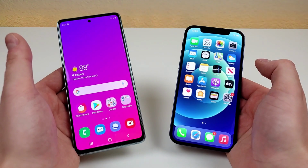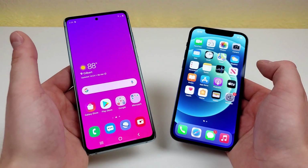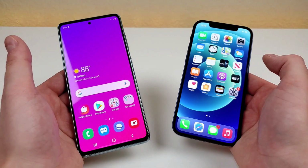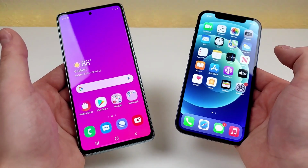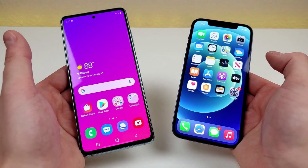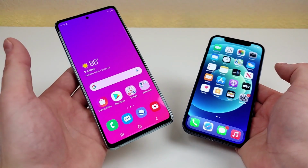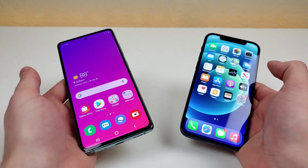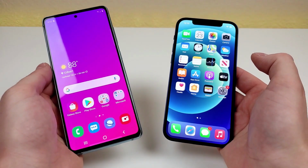In this video, we're going to be comparing the Samsung Galaxy S20 FE versus the Apple iPhone 12. So let's get started. Now, both of these devices are offered factory unlocked and will work with any carrier in the US. With the Galaxy S20 FE, we're getting a 6.5-inch display compared to a 6.1-inch display with the iPhone